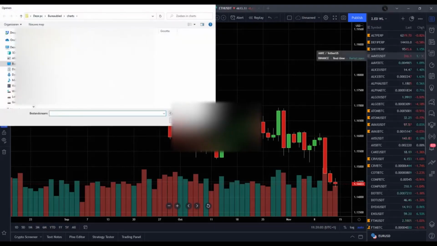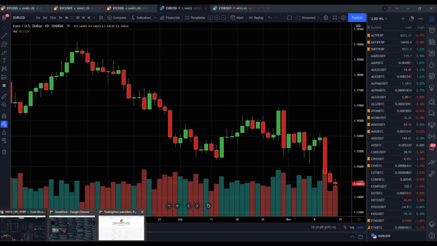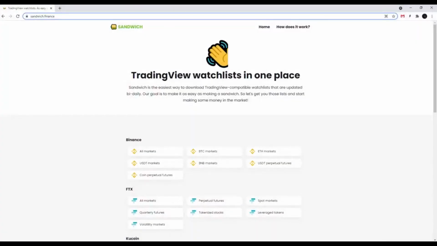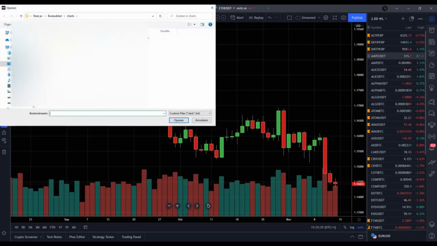Over here, you can import a list, for example, from somebody else, or you go to sandwich.finance and let's say I want to add all markets from perpetual futures from FTX. It's downloading, it's over here now, and now I go back to here, import a list, and